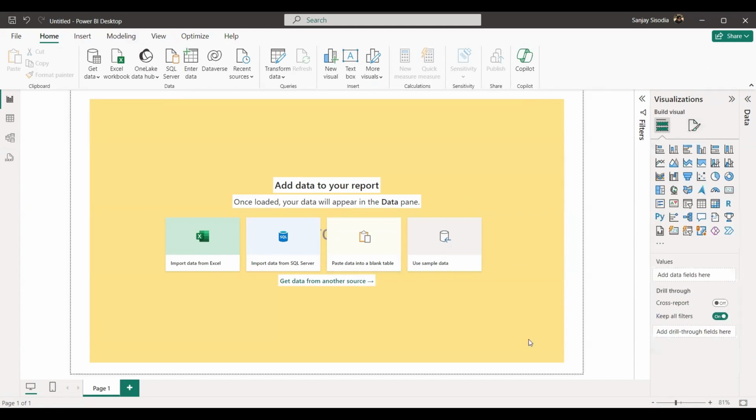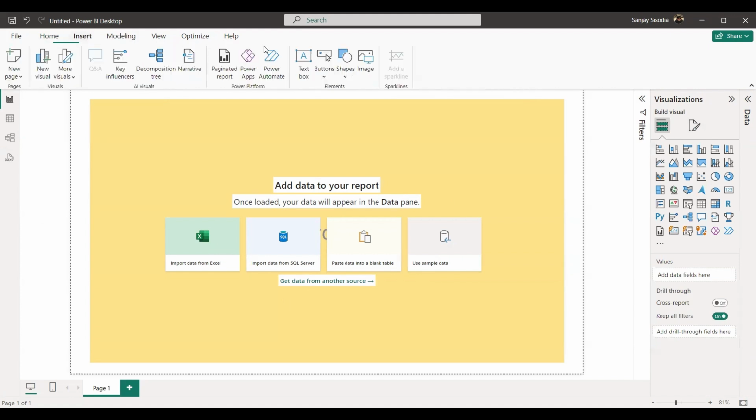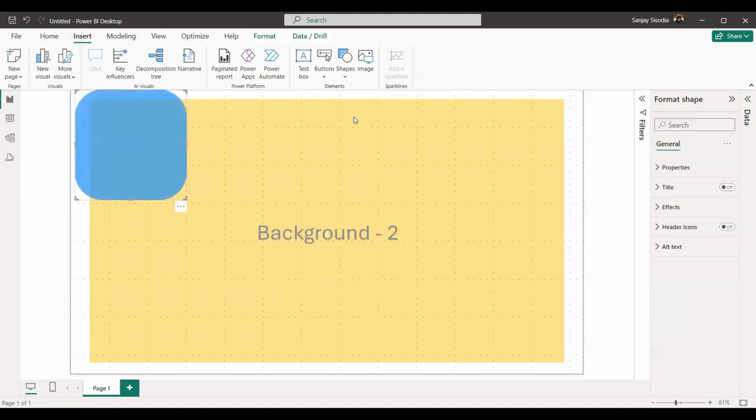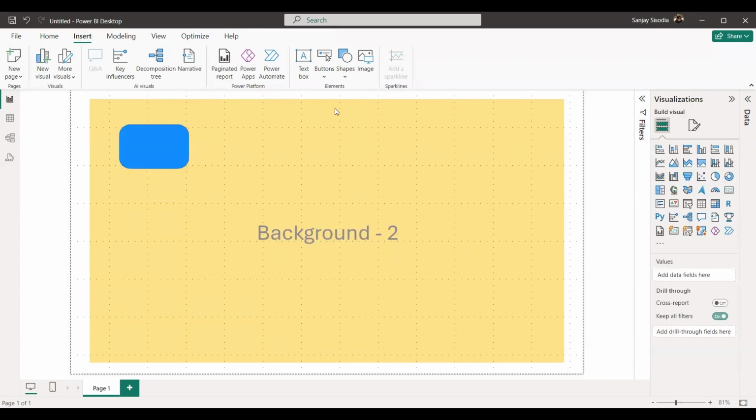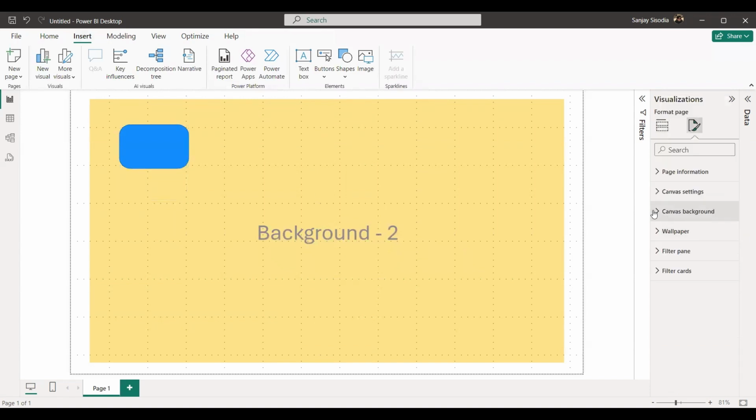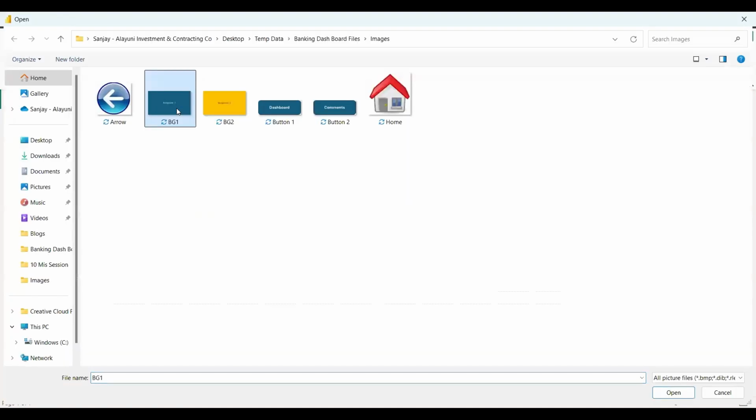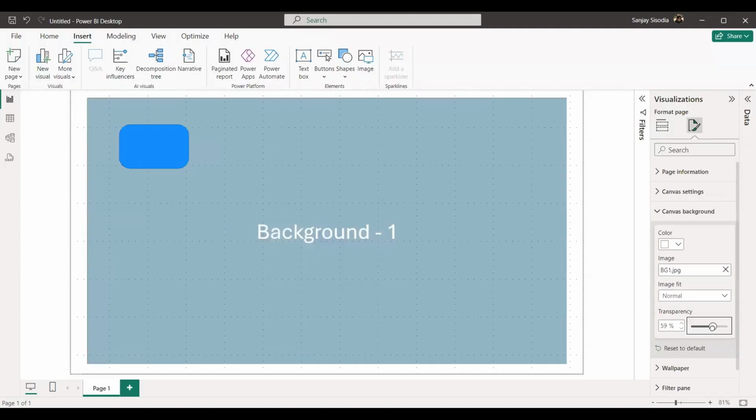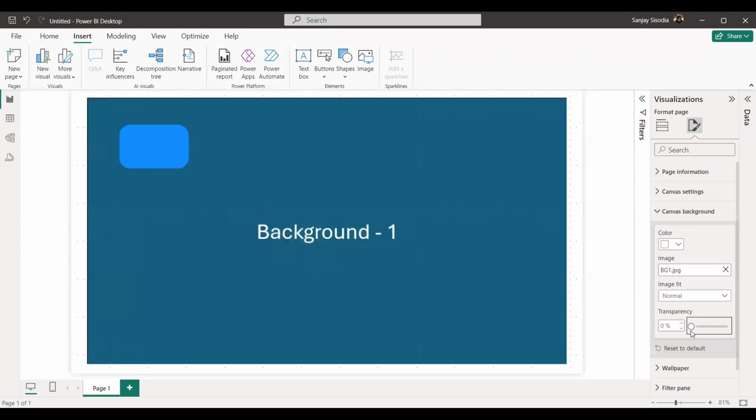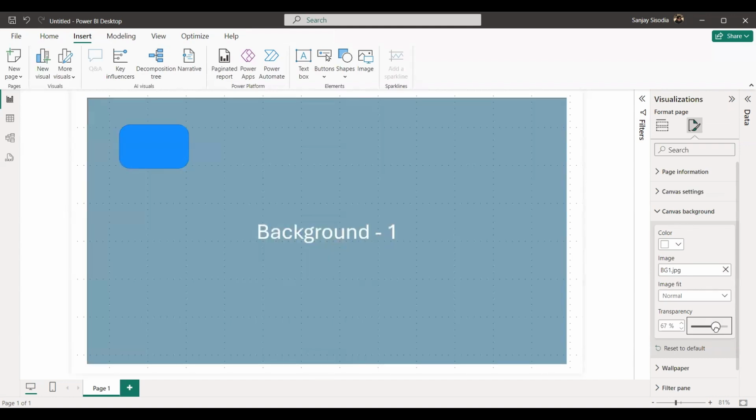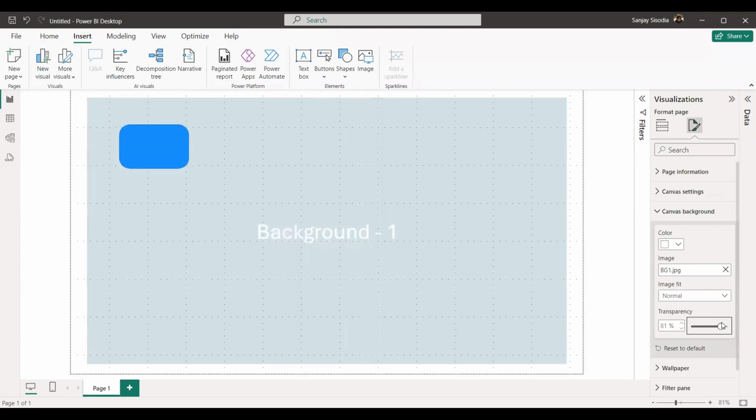Now, say for example, let me insert, I have inserted this image just to show you the clear background. Now, if you want to change the background again, we can go here, change, and now we will select the other background, which was the blue one. So now you can see that background one has come into picture. Again, here also you can change the transparency to highlight the background or to change the prominence of the